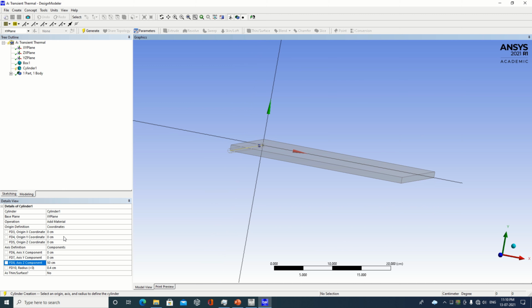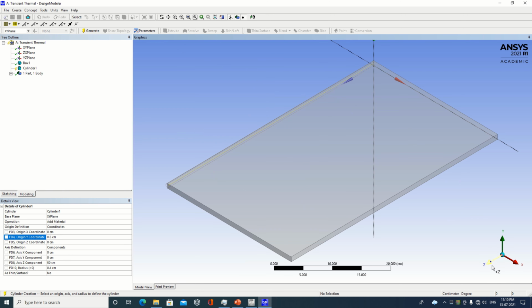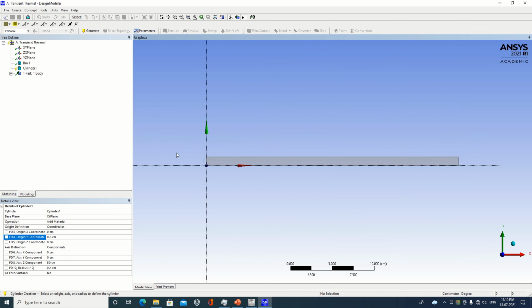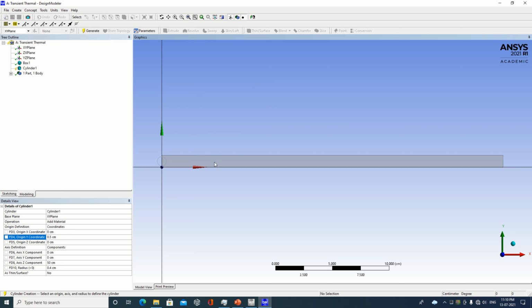Now it's time to take this Y coordinate. So 0.5, so half of that it will come out. We'll just check it out here. Now you want this object at some distance, so I will specify X, that is 5. You can just check it out. Here it has come. Here also you can select add frozen so that it will be visible.